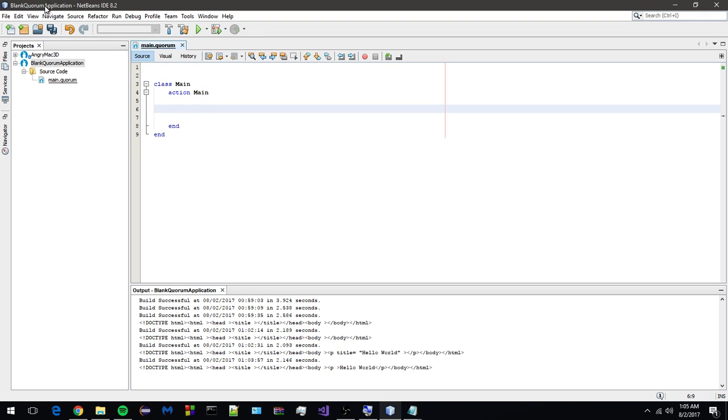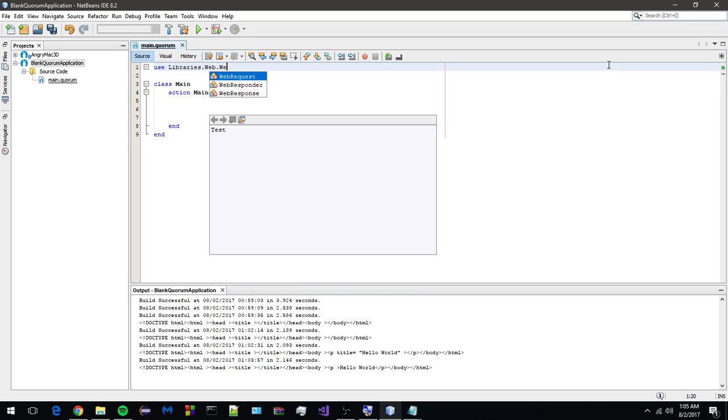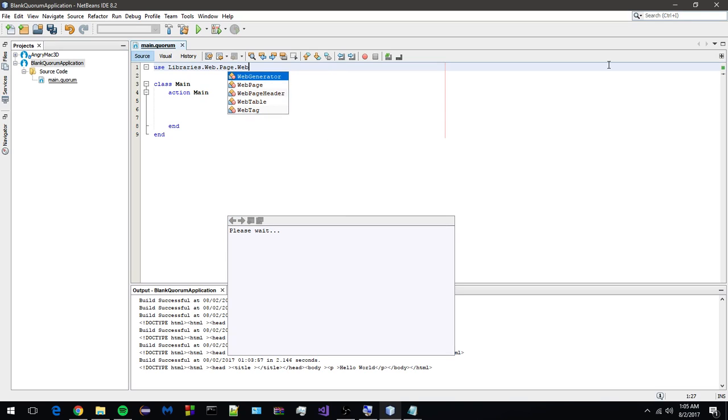So first things first, we are going to have a web page that has a paragraph tag with the text "Hello World" inside of it. That's what we want. So first we need to import the web page class, because without it we cannot create a web page. So use libraries.web.page,